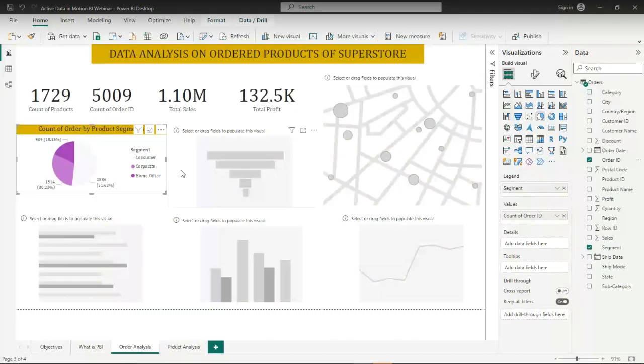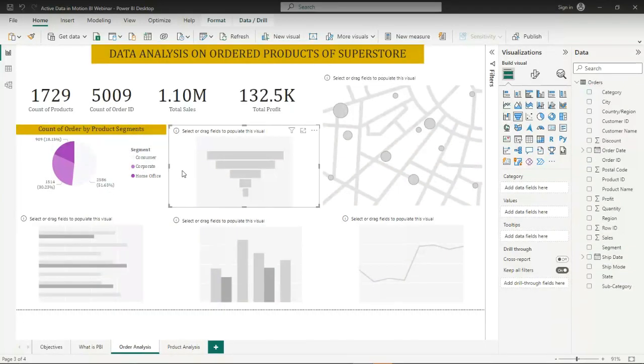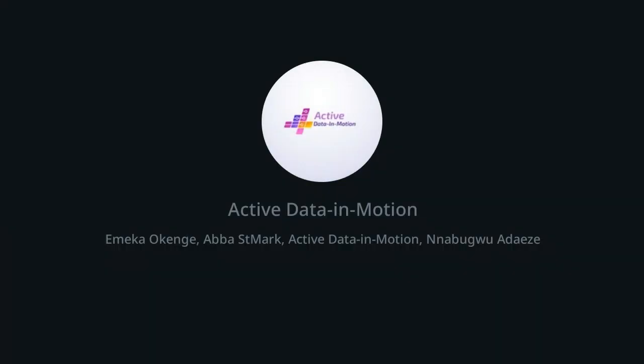So the next is subcategories of product. In order to do the subcategories of product, where are these products coming from? We know that we have consumer, corporate, and home office. So the next is the subgroups within these major segments. So let's say you have